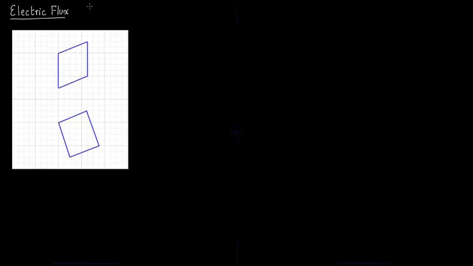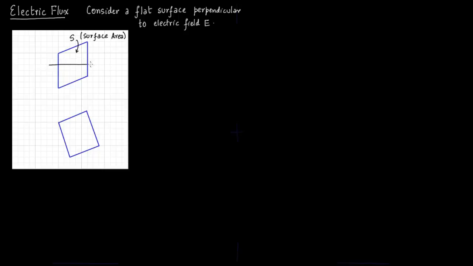We now talk about electric flux. So first step is to consider only flat surfaces. So we have drawn two flat surfaces. First we have a flat surface which is perpendicular to the electric field. So in the first surface we have the surface S here, where S denotes the surface area